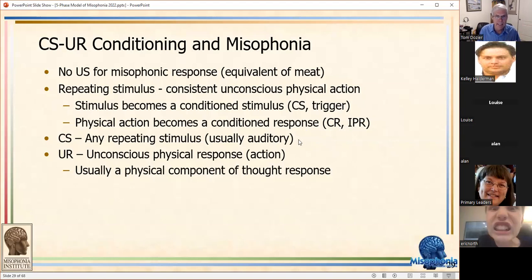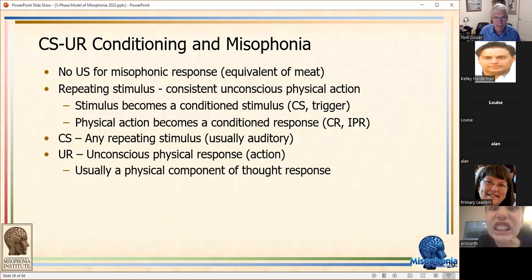That stimulus can be any repeating stimulus. It's usually auditory. We think of misophonia as the sound of chewing fills you with rage, something like that. But in a survey I did, about 1% of the people had a first trigger which was an action. Either somebody bobbing their leg, or one person had a friend who would kind of use their thumb and pick at their cuticle. And that was her first trigger, no sign, no sound, it was silent. But the conditioned stimulus or trigger can be any repeating stimulus. And as long as you get some unconscious physical action,